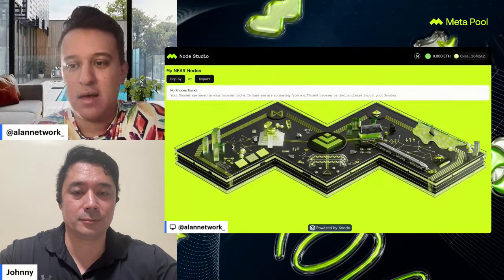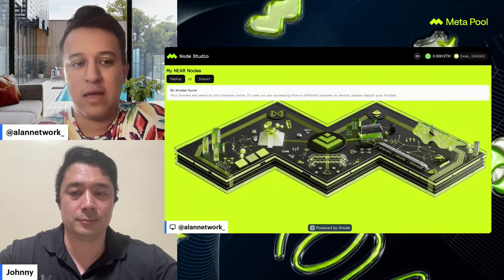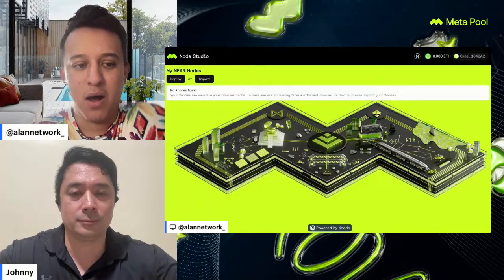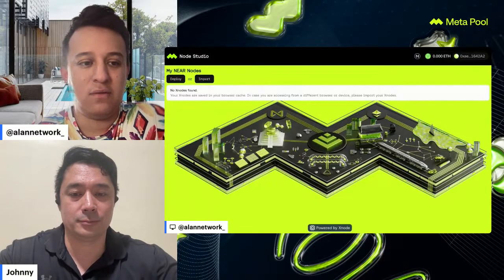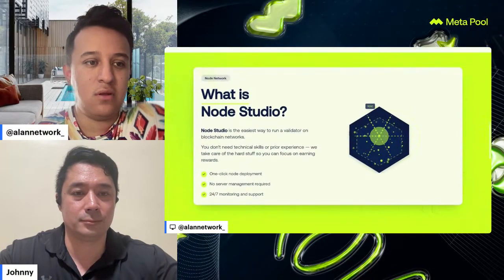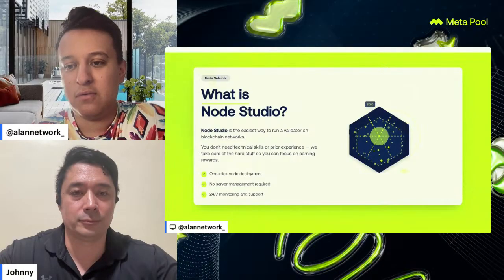We have support tickets on Metapool that you can open, and we can help you solve any issue that you may have related to that. In case we find a bug or something that needs to be fixed, surely we will share this with the OpenMesh team so they can put their technical skills to solve all of the issues that you may have.